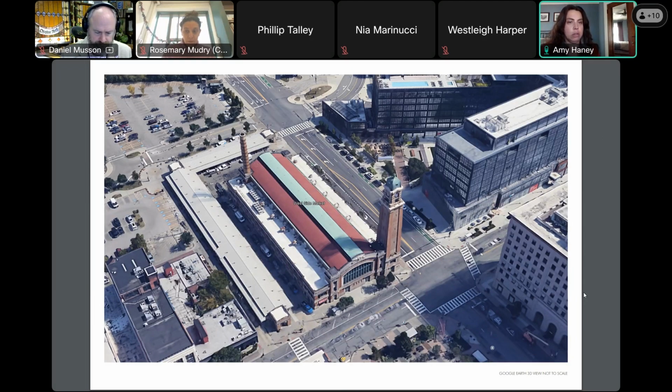existing mechanical units. The market is made up of the market hall and then a service alley in between that is private property. It is not a public alley. And then the arcades that are to the north and to the east, which have historically been used as the produce arcades. You can go to the next slide.